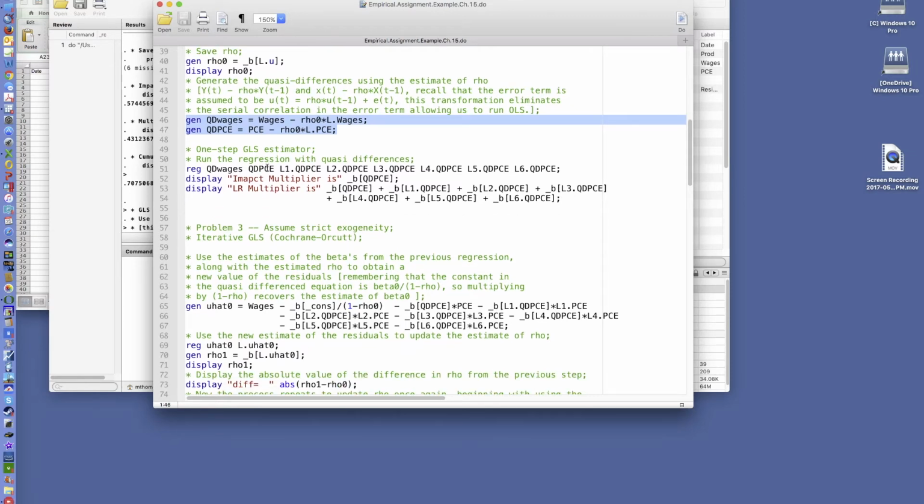Then we run the quasi-difference regression, and that's what this command is here. QD means quasi-difference, of course. So it's just the quasi-difference wages on the current and those 6 lag values. Now, one thing important here is that after quasi-differencing, the coefficients on these